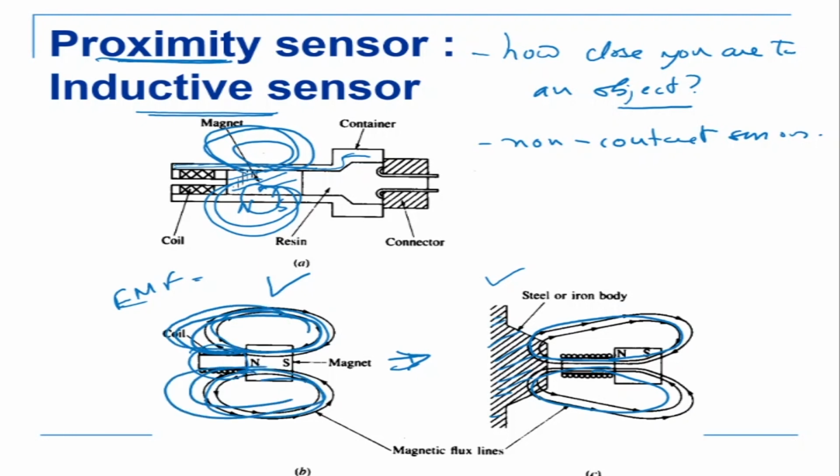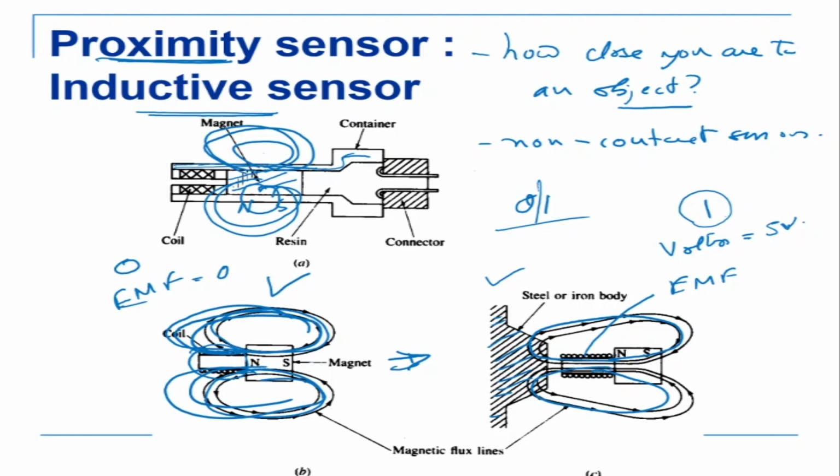So when they are passing through the coil, what would happen? An EMF would be generated in there, so you get some voltage. Okay, so here the voltage is equal to 0, and here there is some voltage, let's say 5 volts, just for example. So 5 volts can correspond to 1, and 0 volts can correspond to 0. So it basically means a 0 or a 1 signal. So the controller understands that when the signal is 1, which means there is a voltage, an object has come in front. And if it is 0, it means nothing has come in front.